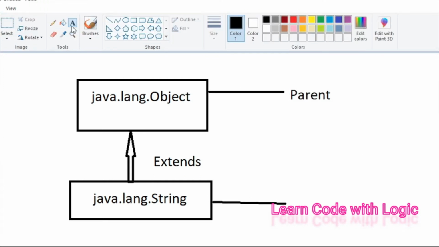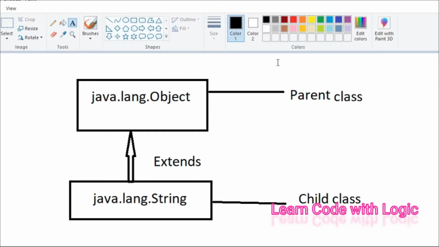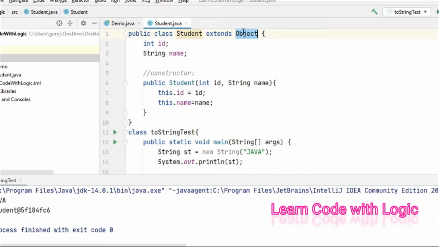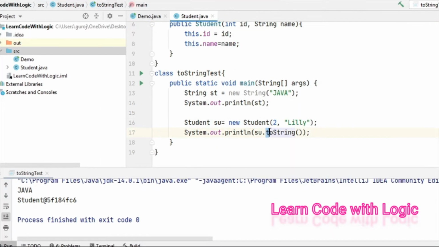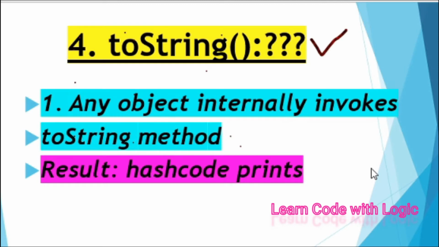Then we can say the object class is the parent class and the string class is the child class. We can also say superclass, subclass, right? Because of this inheritance, the toString method is internally invoked. This is what I'm talking about. So now you understand the problem, right?